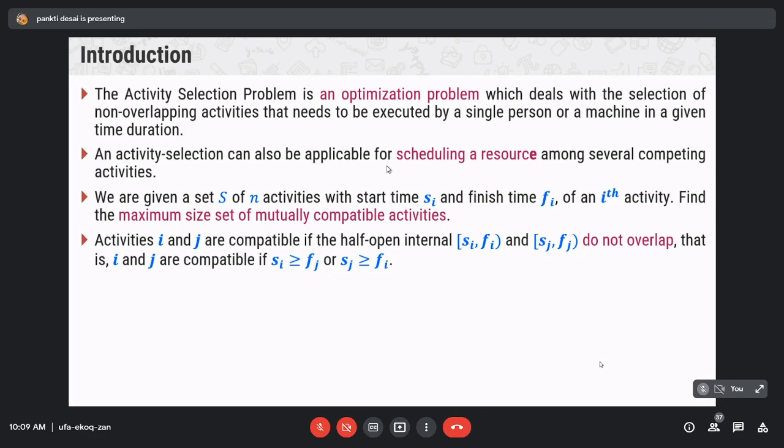We have to find the maximum size subset A of mutually compatible activities. So we have to find the maximum number of lectures that we can take in the lecture hall, or the maximum number of tasks that we can assign to the CPU.